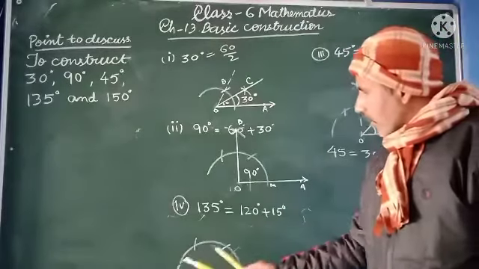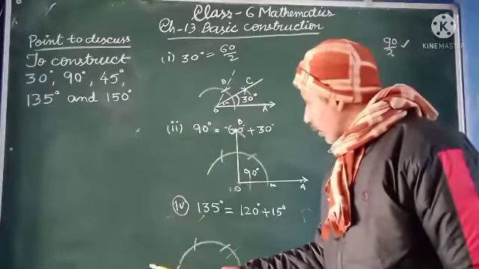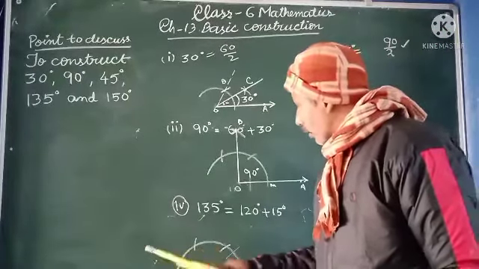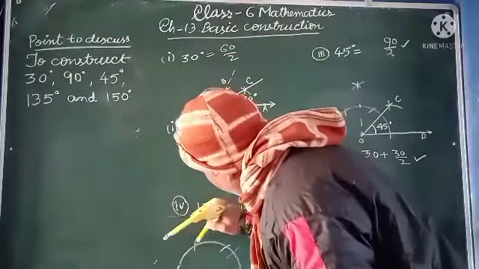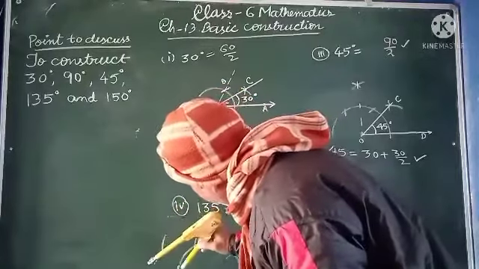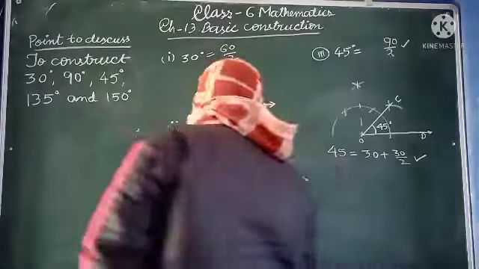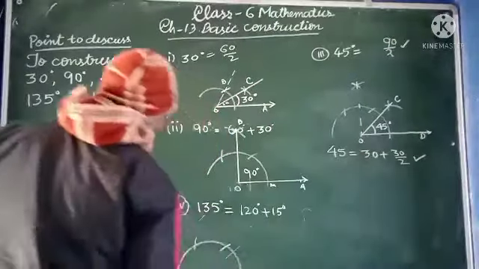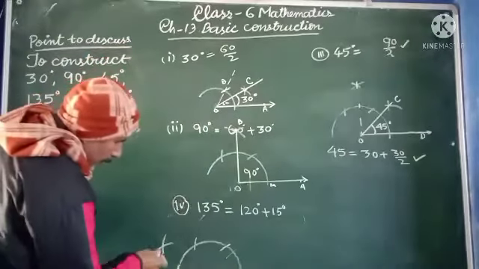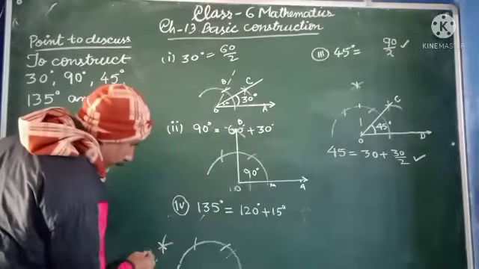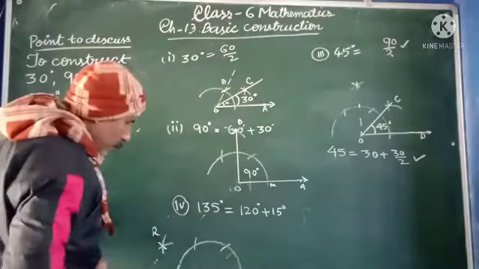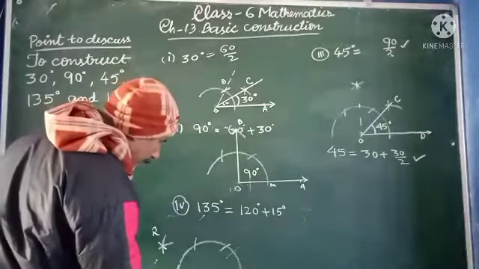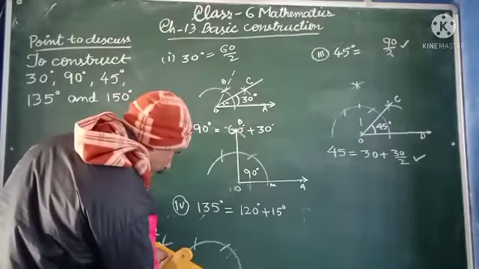So this last 60 will be bisected first. And from these 2 points we will draw the arc. So this will be the point R, and when you join this R, you will get